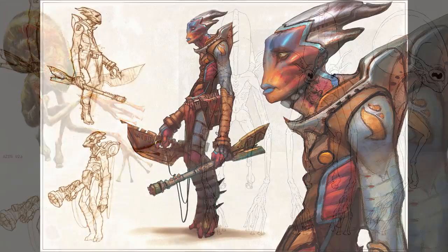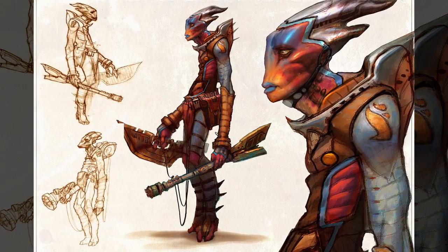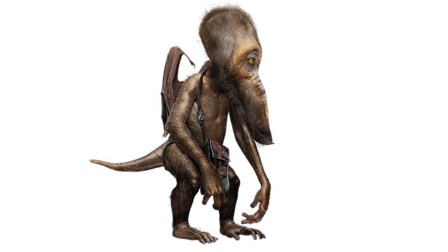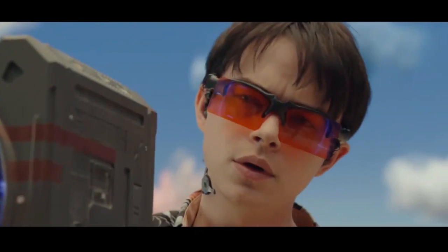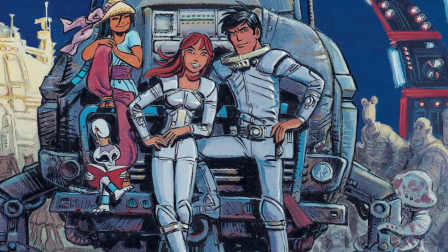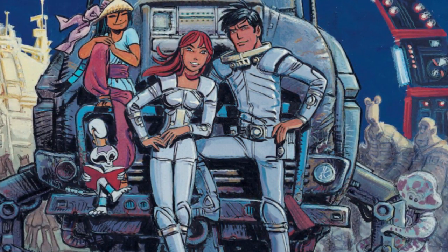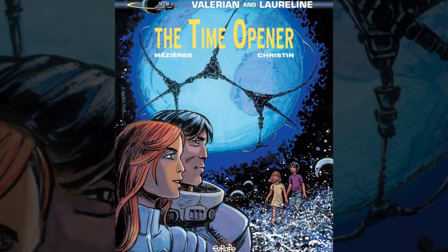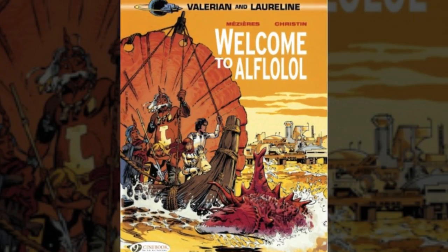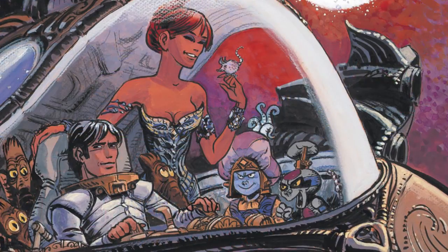What do these designs all have in common? Well, I racked my brain about this, and the conclusion I came to was nothing. Which just feels right given Valerian's place in space opera history. The comic was first published in 1967 in the French magazine Pilote. Over the course of the series' run, Valerian became known for its progressive themes. The stories promoted ideals like diversity and feminism, so when Luc Besson hired artists from Singapore, France, and other countries